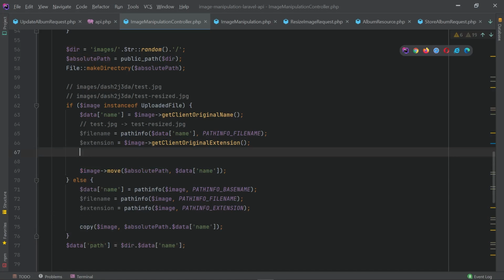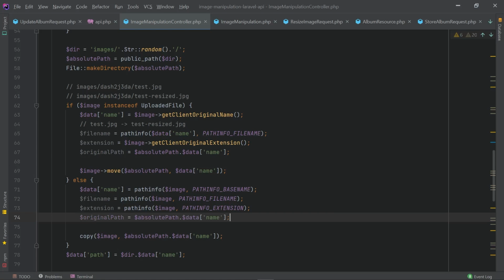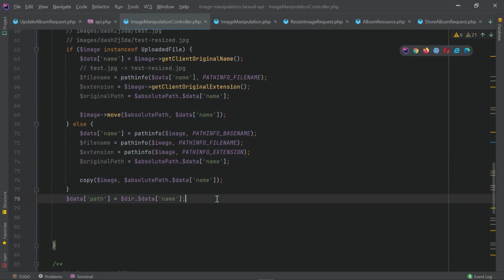So right here I want to save the original path. Original path. I'm going to use it later. I'm going to show you where I'm going to use that. And that's going to be the absolute path concatenated with the data name. Okay, and I need that here as well. Okay, now